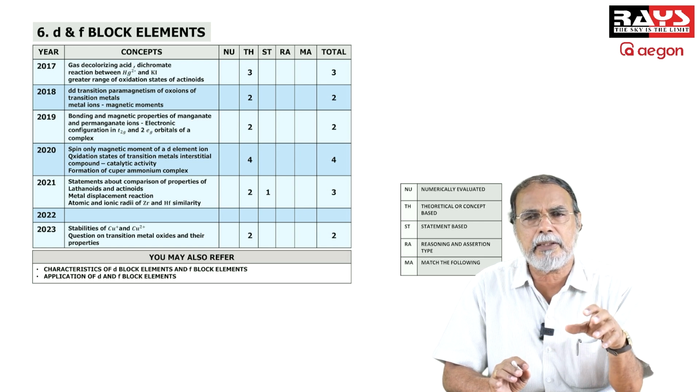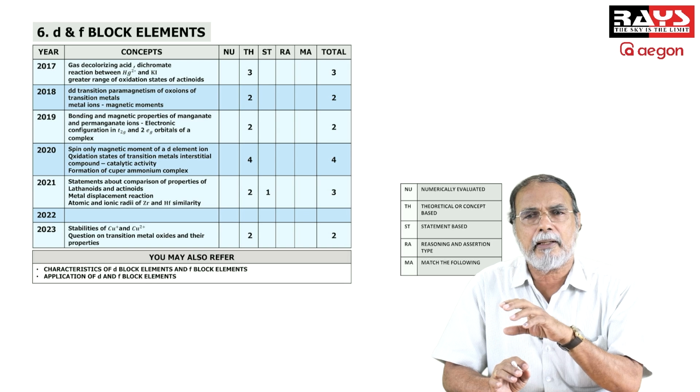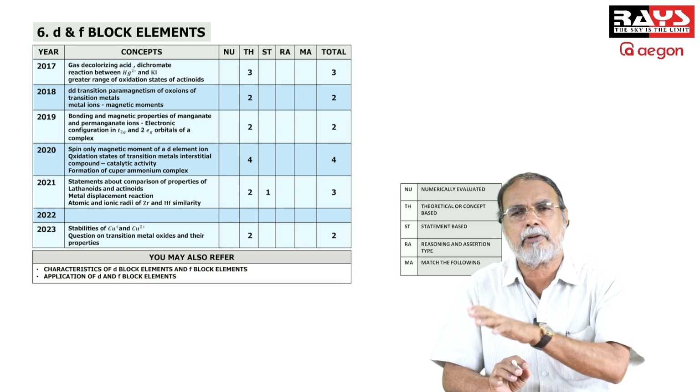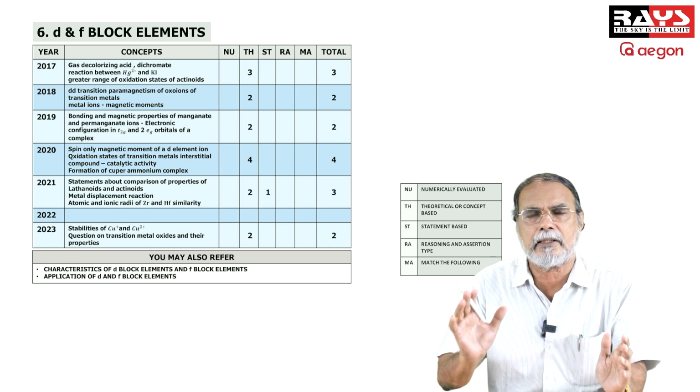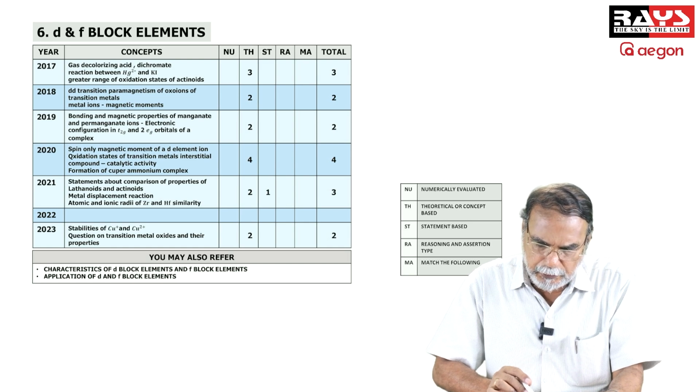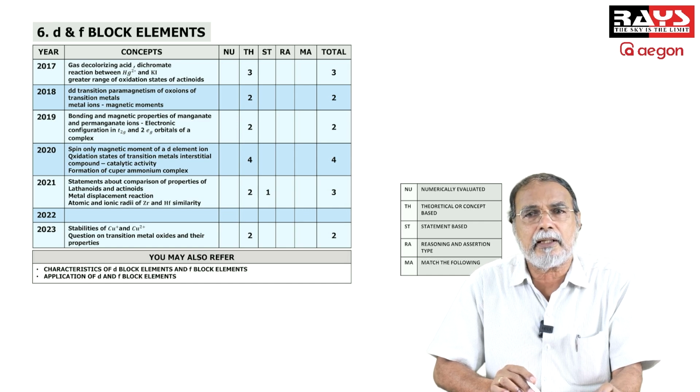And the structure of chromate, the structure of dichromate, and the conditions under which chromate is converted to dichromate and dichromate is converted to chromate. These things are very important. Okay. And there was also a question on the electronic configuration of a complex by